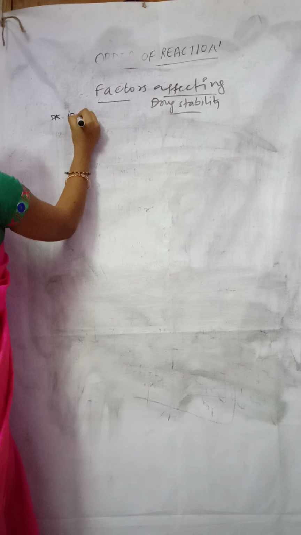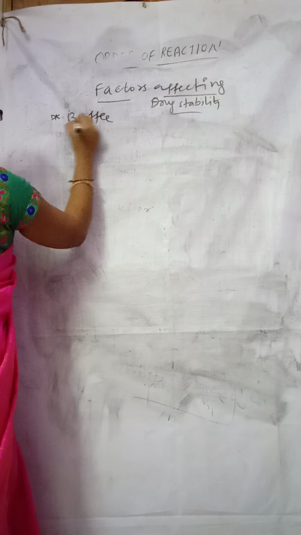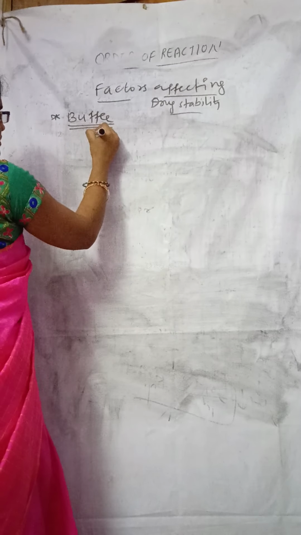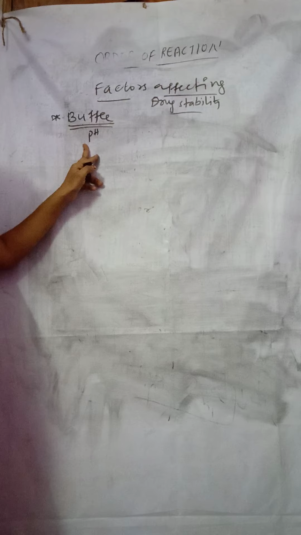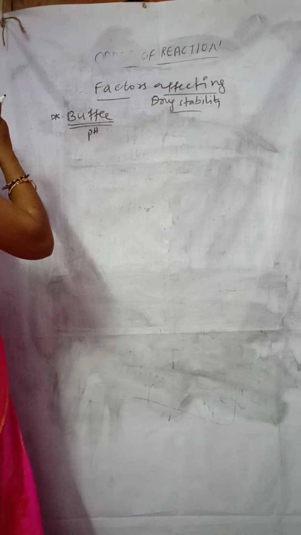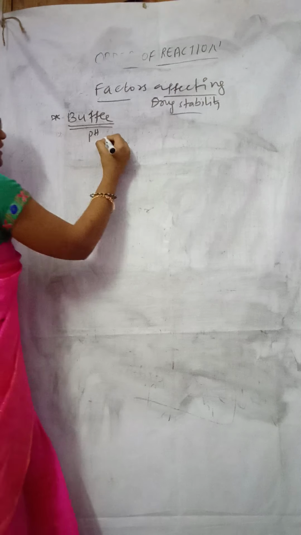Okay guys, next internal factor is buffer. So buffer is a solvent which is used to adjust the pH. Buffer is a solvent or vehicle which is used to adjust the pH of a product. Okay, so here when you are adjusting the pH by using buffer, it will follow